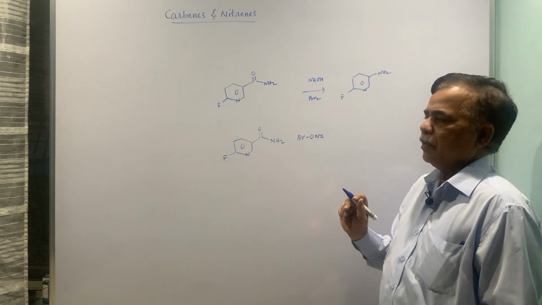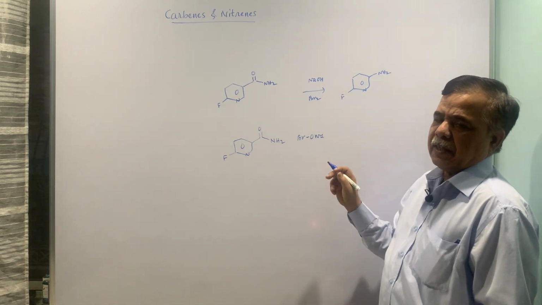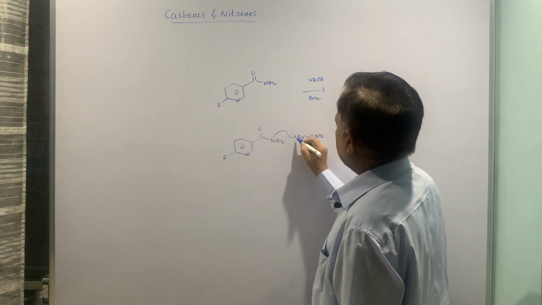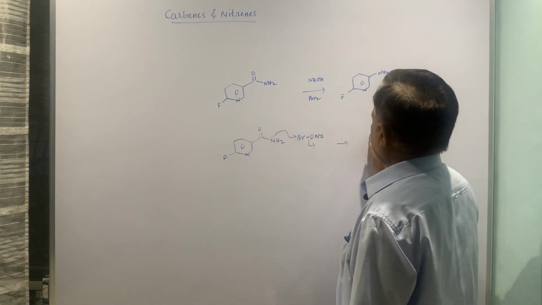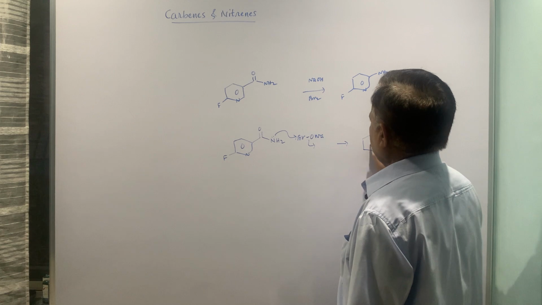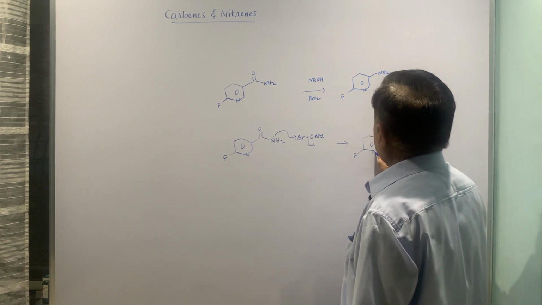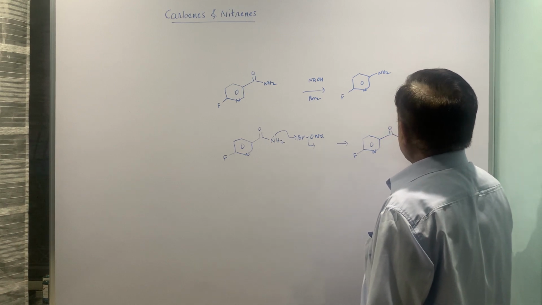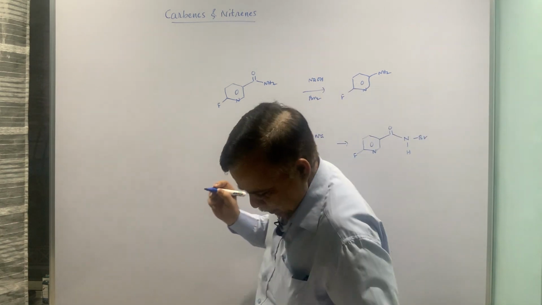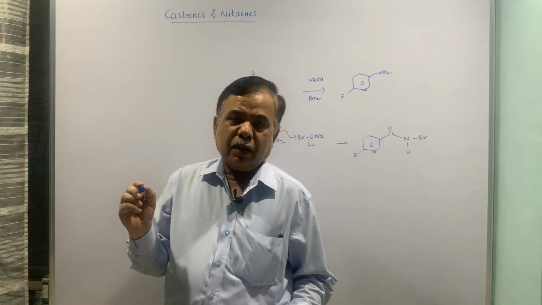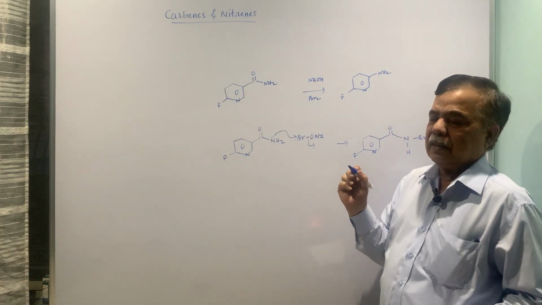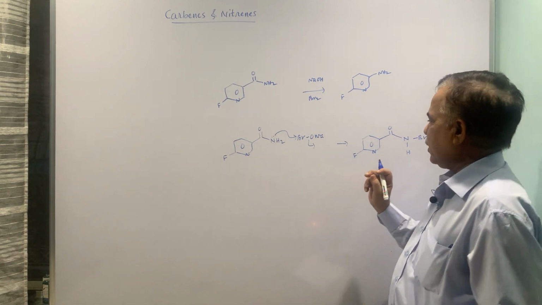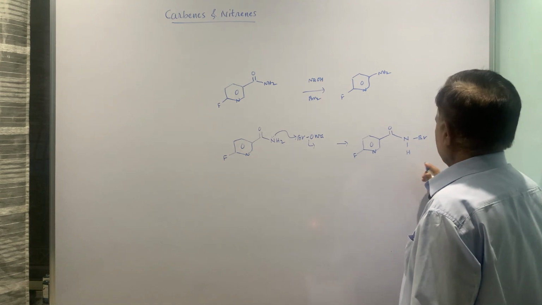It forms in situ when NaOH interacts with bromine. Don't show that NaOH is abstracting a proton from amide. That will be wrong in terms of chemistry, because amides, we know that they are neutral compounds and we can't abstract the proton of amide with NaOH. That will be totally wrong.